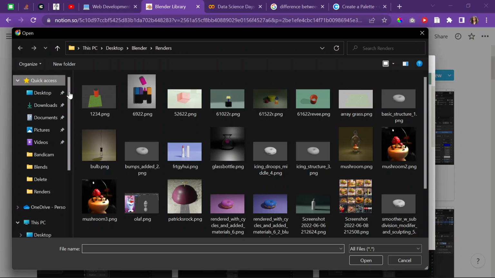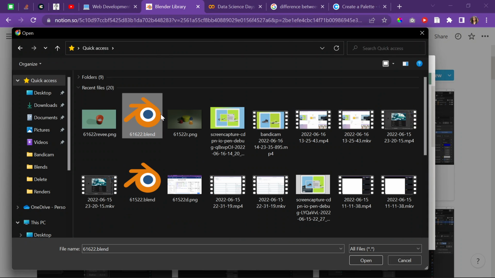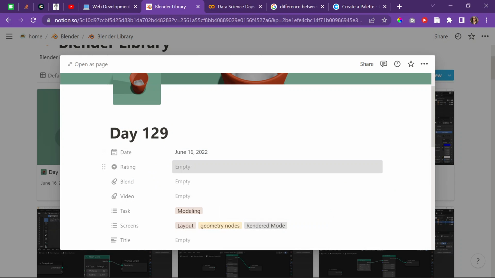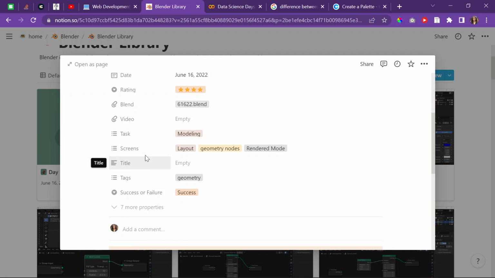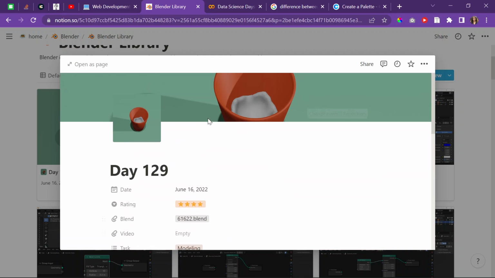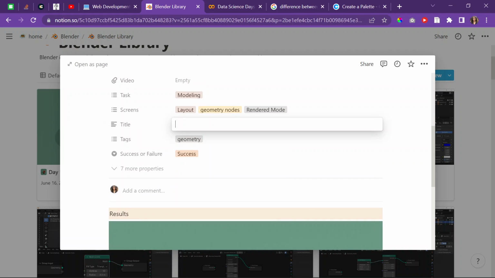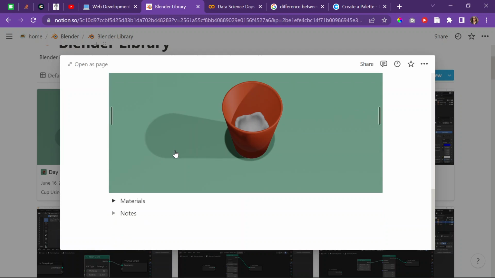What am I uploading? Oh, the Blender file. That's today's date, right? Yeah. Rating, do we want to do 4-star, 3-star? I like 4-star because, not 3-star, okay, I'm going to do 4-star because I used geometry nodes to make the cup. And then I'm going to just do cup using geometry nodes. Ooh, so exciting. Alright,